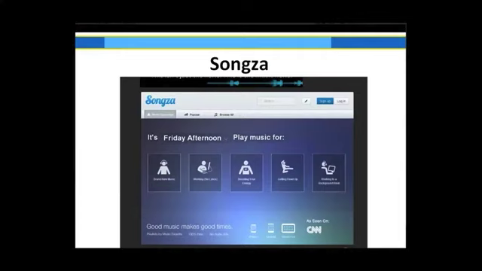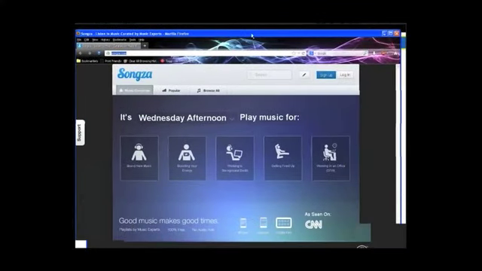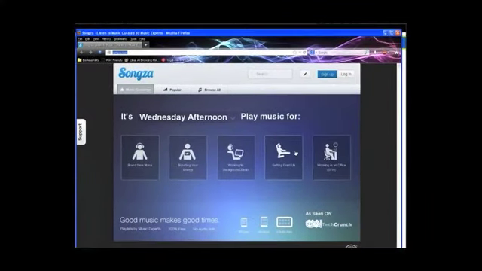I love Spotify if I know exactly what I want to listen to. Sometimes you have no idea what you want to listen to, and you just want an easy playlist that you don't have to think about because you're already having to think about what content to create. Songza is excellent. You can go to the web version. It's also a free app on the iPhone and Android. And what it does is it comes with pre-made